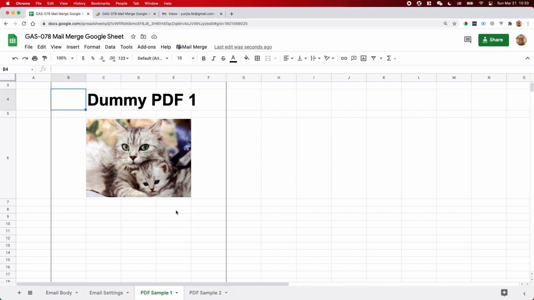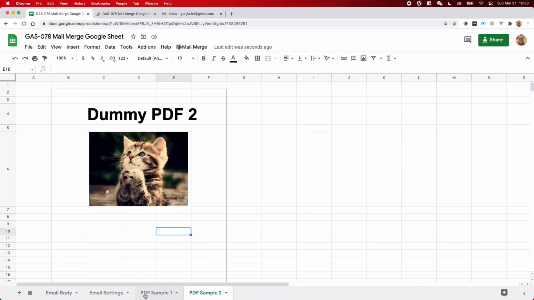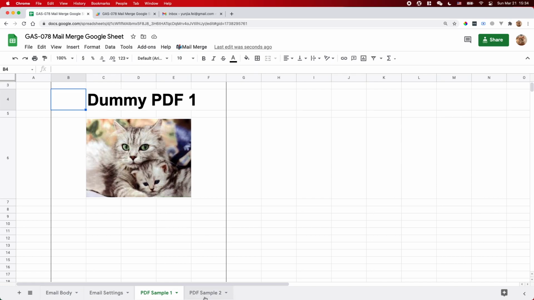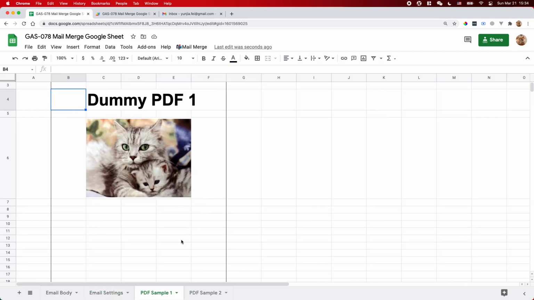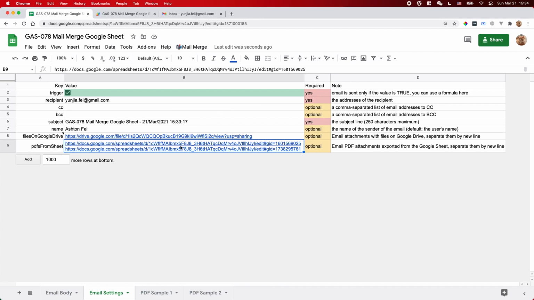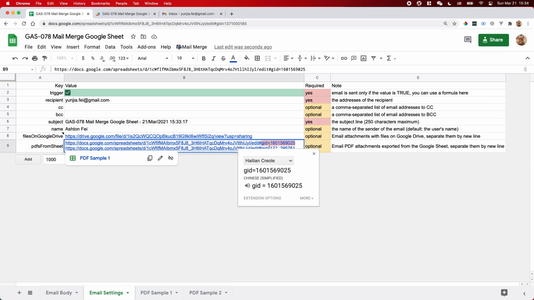As you can see, I have a dummy PDF 1 and also dummy PDF 2. These two files can be any spreadsheet on your Google Drive. You only need to get this link and put it here line by line, and make sure this GID is included. This GID is a key